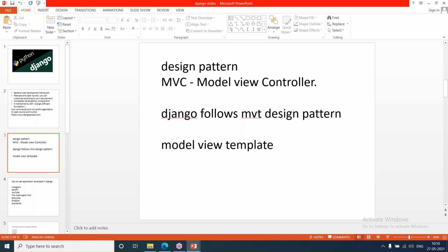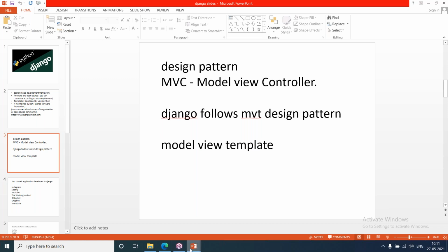MVC is used in Java, .NET, PHP, and Python. MVT is what Django follows. MVC and MVT are proven and successfully used in IT companies for website development.